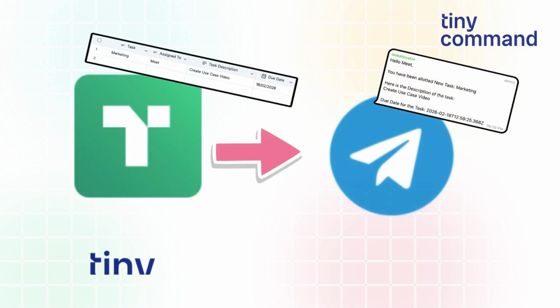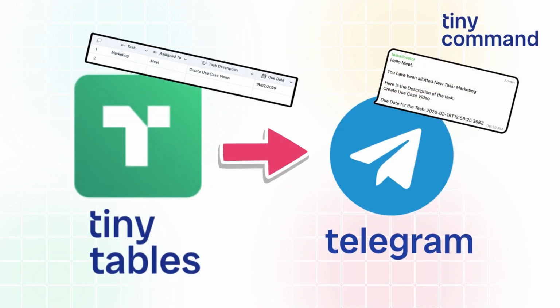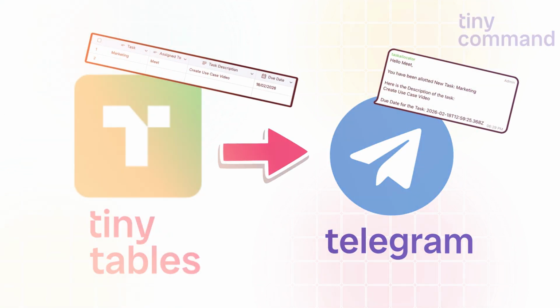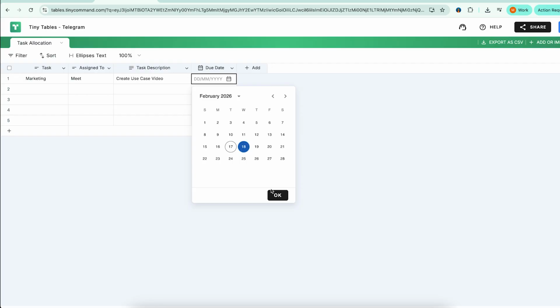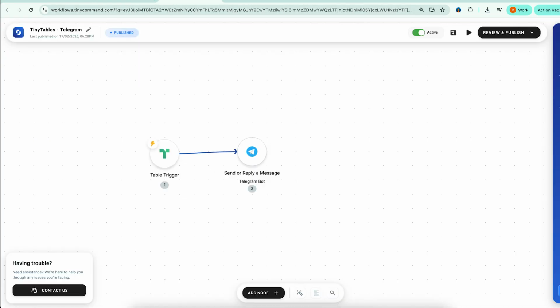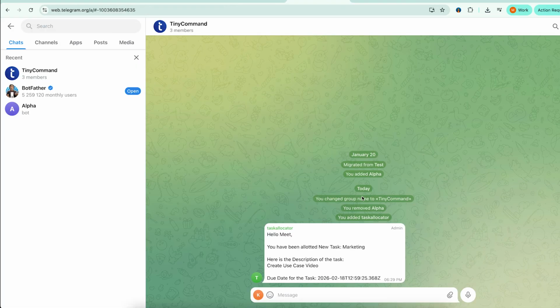In this video, I'm going to show you how to connect TinyTable with Telegram and turn it into a simple but powerful task allocation system. We're not just connecting two tools. We're building a real use case, a task allocator that automatically notifies your team on Telegram whenever a task is